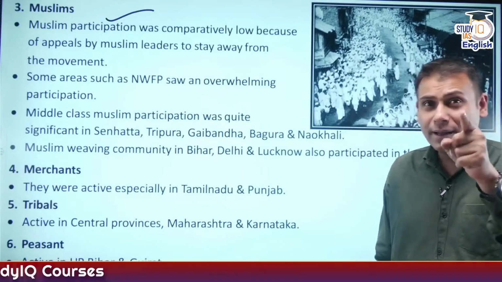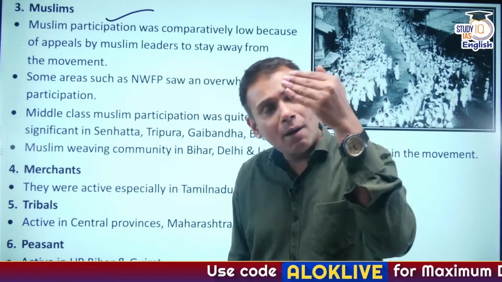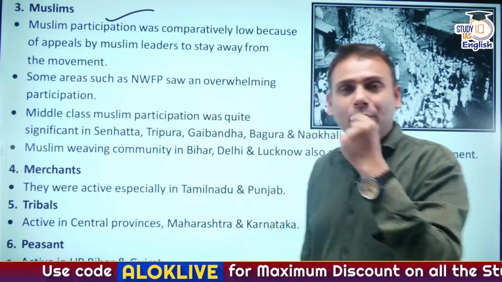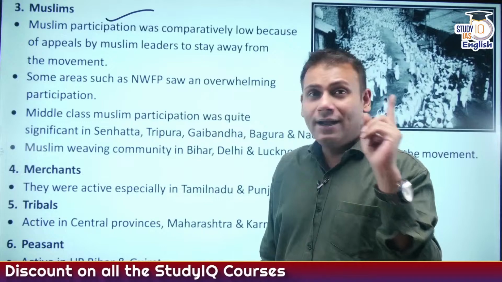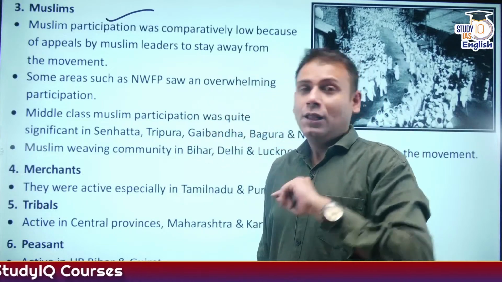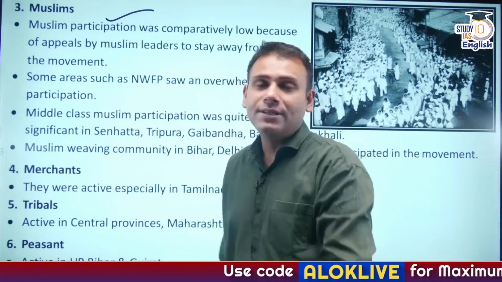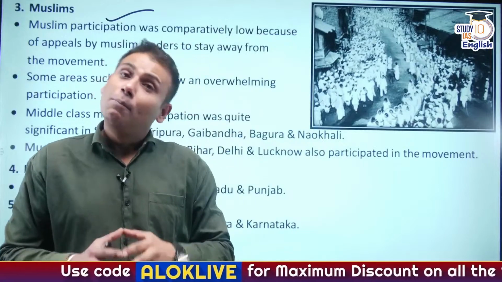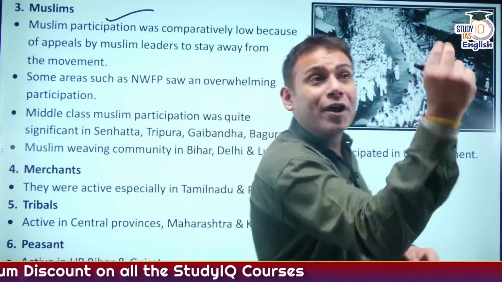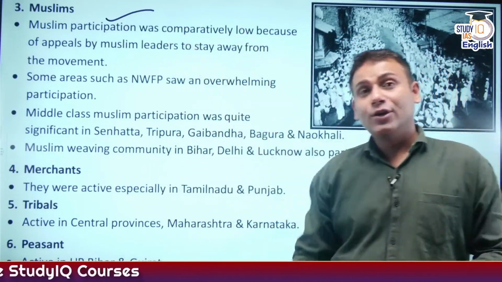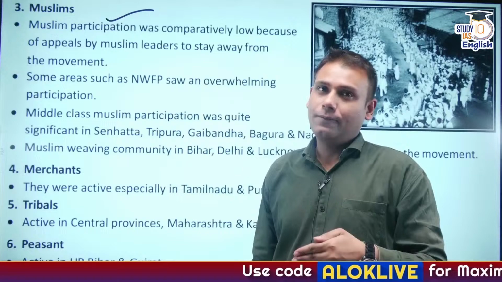Apart from this, we had seen Jinnah's 14-point plan. Already when the Simon Commission came to India, there was dissenting opinion among the Muslim League. In 1927, when the Simon Commission came to India, there were two sessions of the Muslim League held. One was held at Calcutta, the other at Lahore. The one at Calcutta was presided over by Muhammad Ali Jinnah, and the one at Lahore was presided over by Muhammad Shafi. The section of the Muslim League under Muhammad Ali Jinnah boycotted the Simon Commission, whereas the section under Muhammad Shafi welcomed it.